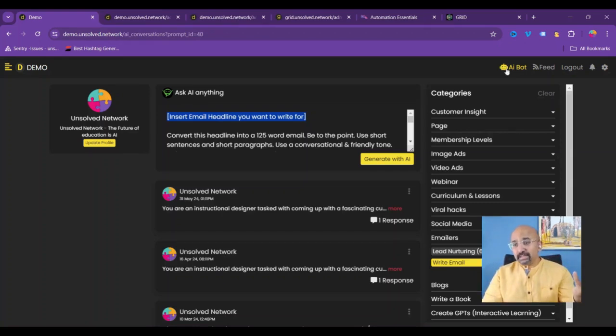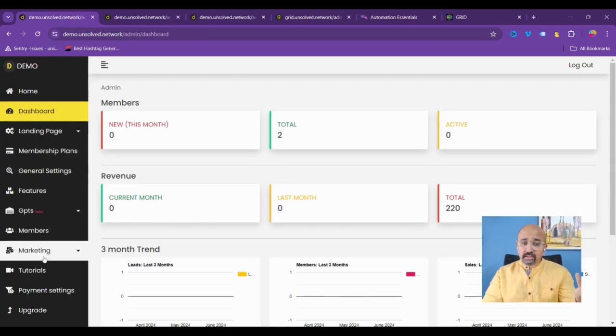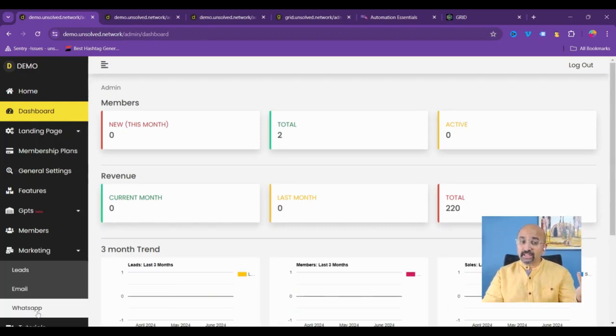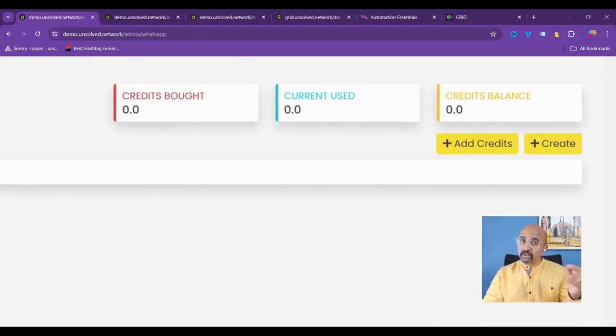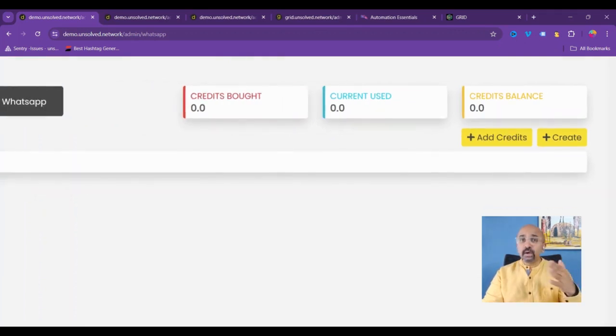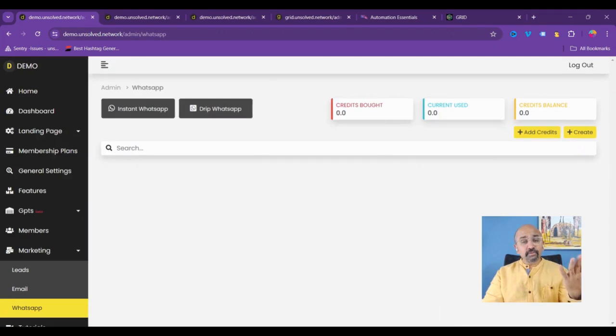Please note, all automation that you're setting up is subject to what we call credits, right? So you need to have credits, you need to have a credit balance, otherwise your emails won't go, your messages won't go, right? The feature for WhatsApp and email is available for all of you, but the act of sending an email has a variable cost. The act of sending a WhatsApp has a variable cost,